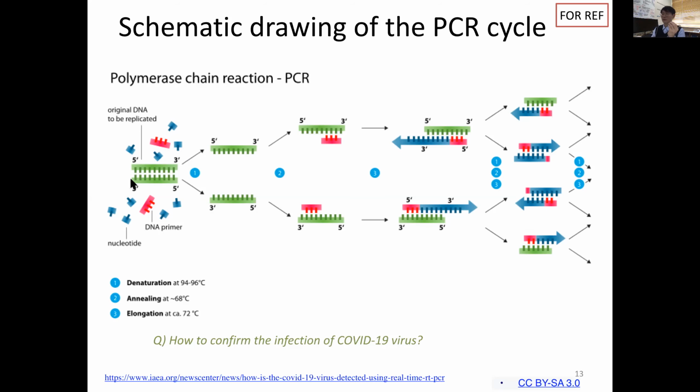So here is the original piece of DNA, which we want to replicate. Then this is connected and we have to denature it first. For that, we need to heat it so that the DNA hydrogen bonding can be detached. And we have DNA primer and nucleotides around. So first, what we have to do is anneal the DNA primer to its proper position at the proper temperature,